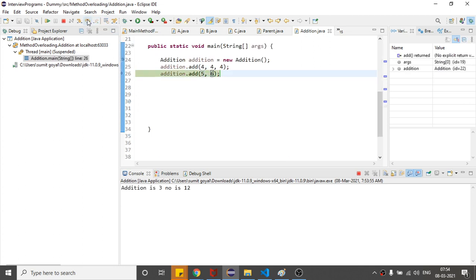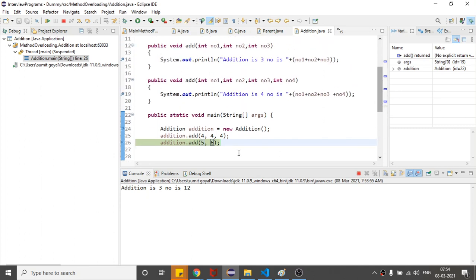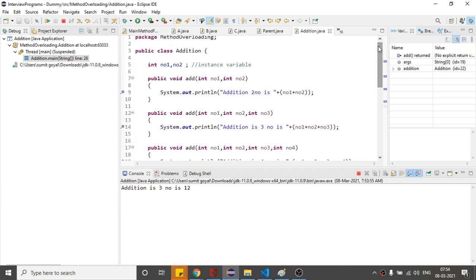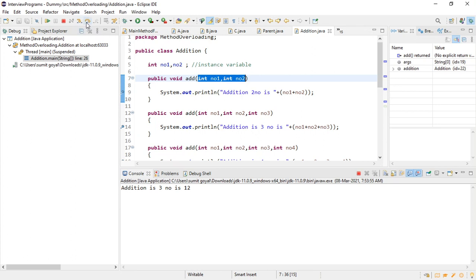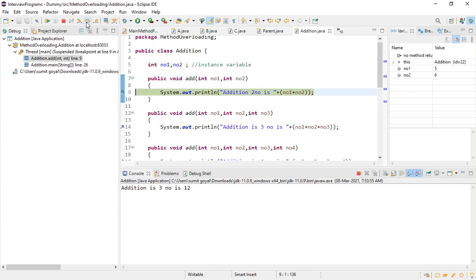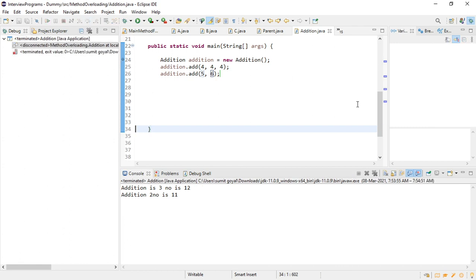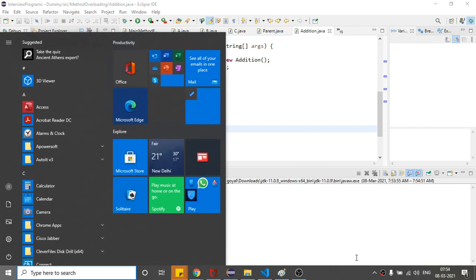And again after that, which method should I call? Here I am passing 2 parameters. So if I am passing 2 parameters, now this is the method that should get called, you can see, right? So why are we doing this? So that the readability of our program is maintained.